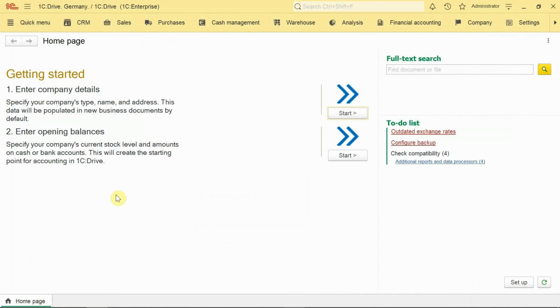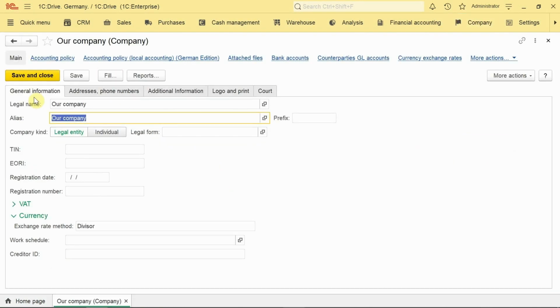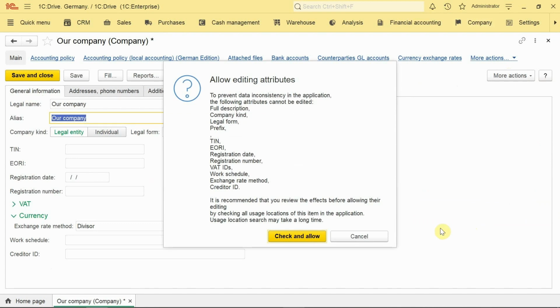So let's get back to company details, and let's start by specifying the name of our company. So let's go to company and company details. Now, to be able to edit the legal name, we should click more actions, allow editing attributes, click check and allow